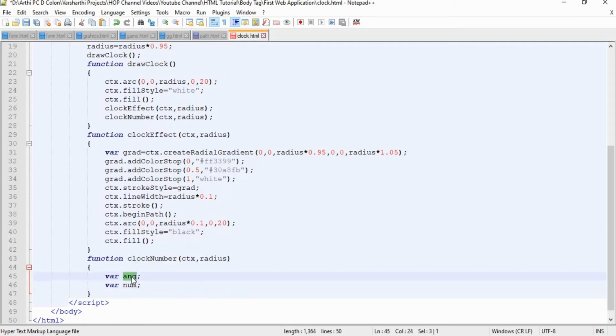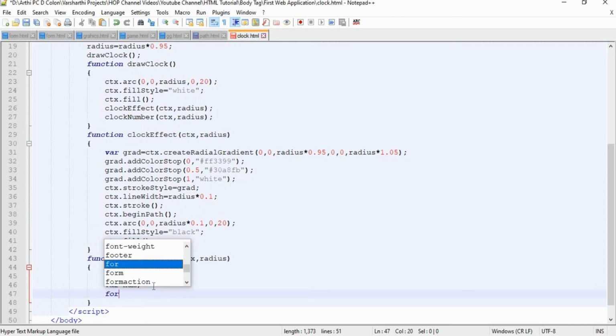This variable is for positioning each number, say 1, 2 and 3, and it goes up to 12, right? So for positioning all these numbers we have the angle variable, and for storing that particular number we have the number variable. Now we are going to place a number, and the process should be repeated 12 times.